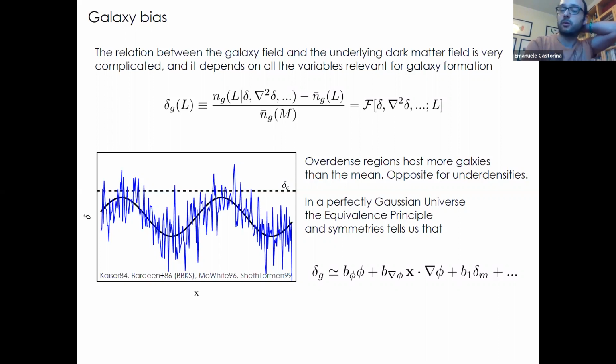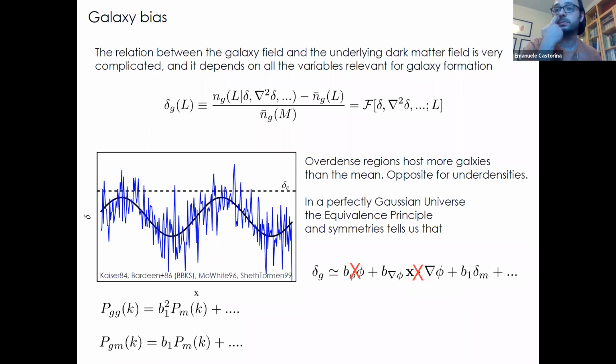And these operators are always set by the symmetries. It's not that we can choose one and drop others. We need to put everything that is consistent with rotational invariance, translational invariance, and the equivalence principle. And so if you look at this equation down here, I wrote all the three linear operators that you can write, but in fact, it turns out that if you assume the equivalence principle and the universe is Gaussian, you cannot